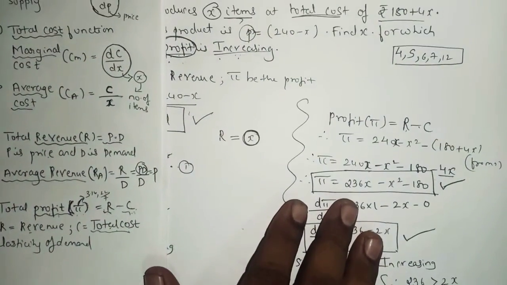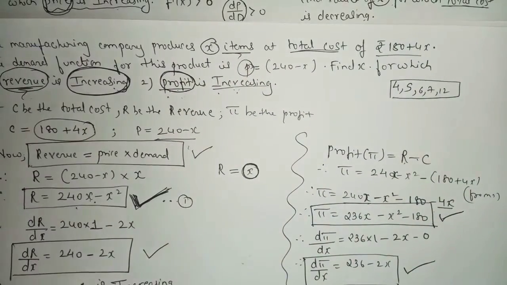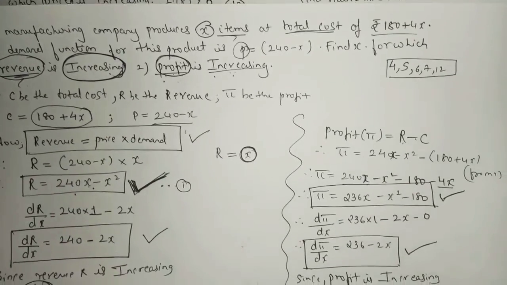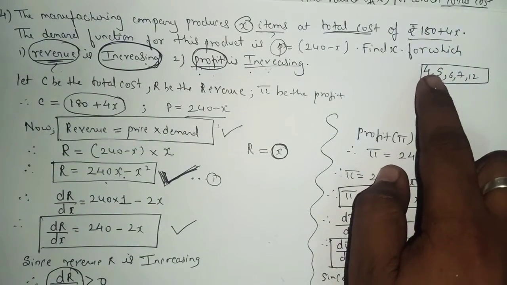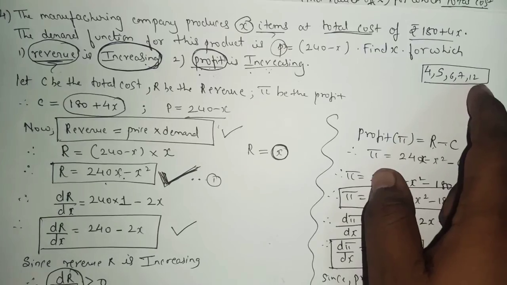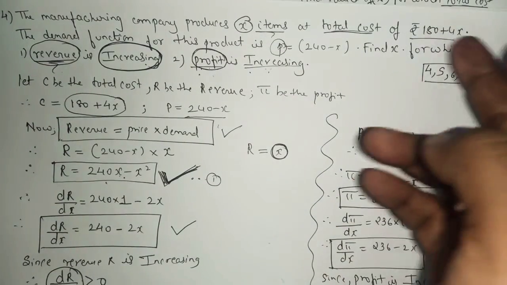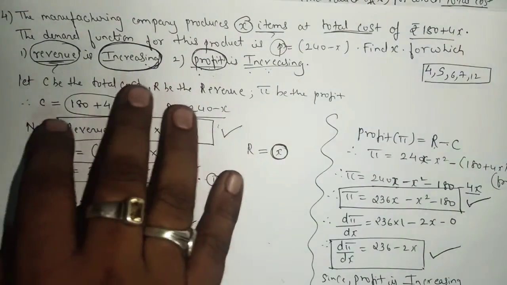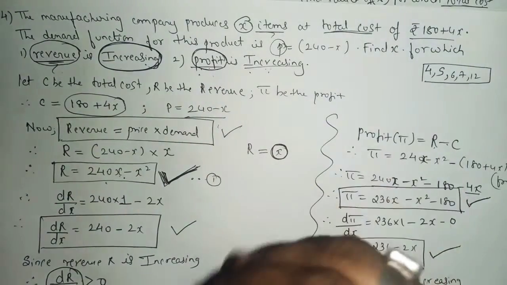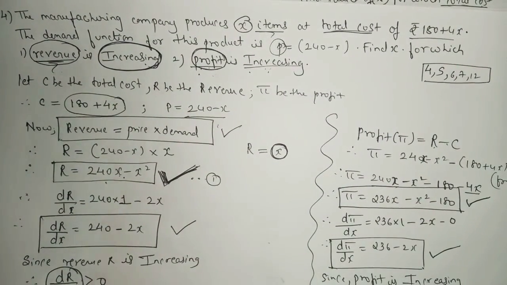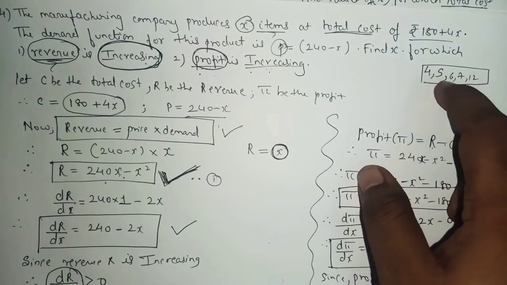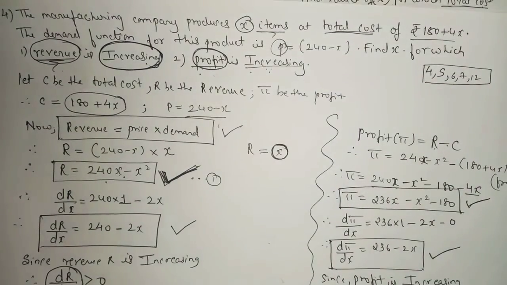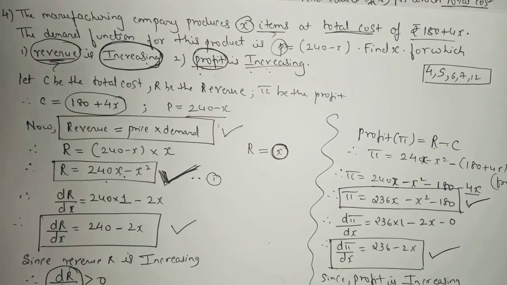I hope you all understood all the 4 sums from the exercise, and these sums are very important from the board point of view. In the next lecture we'll take one more sum from the 5th, 6th, 7th, 12th. As I told, in this exercise there are 5 sums based on revenue and profit. We'll take only 2 sums, and the remaining 3 sums please try to solve by yourself. So in the next lecture we'll take one more sum out of these 4, 5, 6, 7, 12, and the remaining sums please try by yourself.